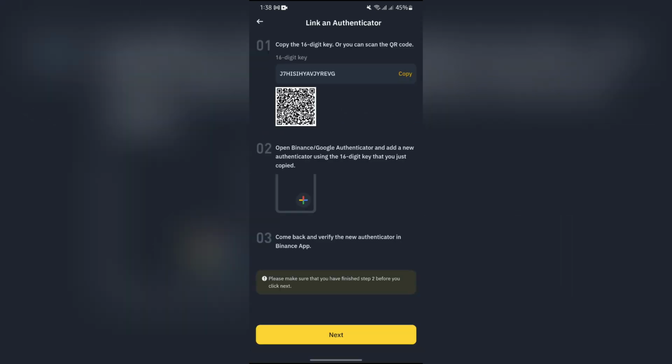Now you simply have to copy this code from your device and go into your authenticator application at the very first. Simply open the authenticator app and copy this 16-digit code into your authenticator. Now that I have added this 16-digit key into my authenticator, I'll tap the next button,